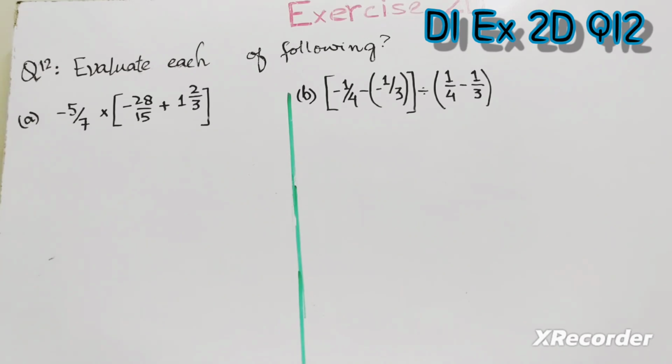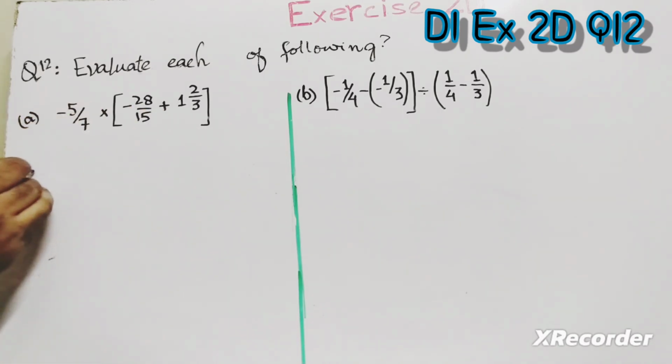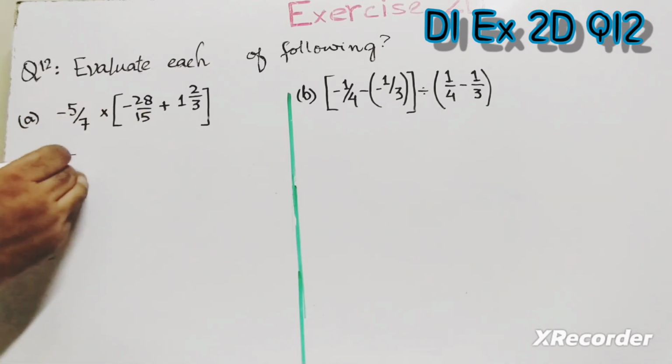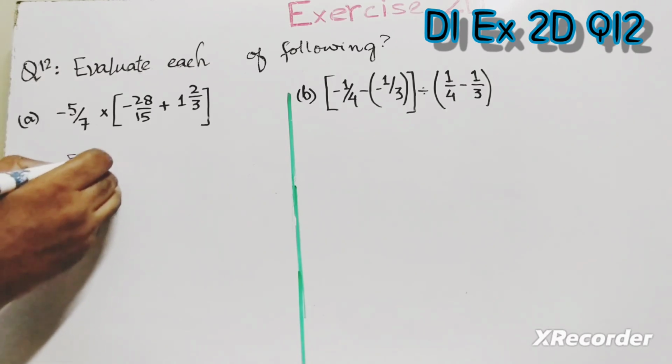Bismillahirrahmanirrahim. Moving forward to exercise D, question number 12. Evaluate each of the following. Let's start with part A. First of all, we have to solve this bracket as minus 5 upon 7 multiply